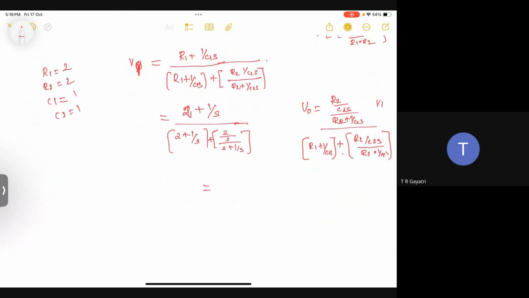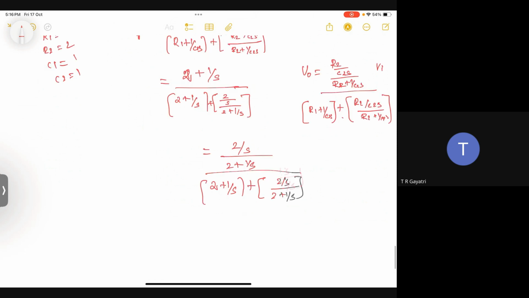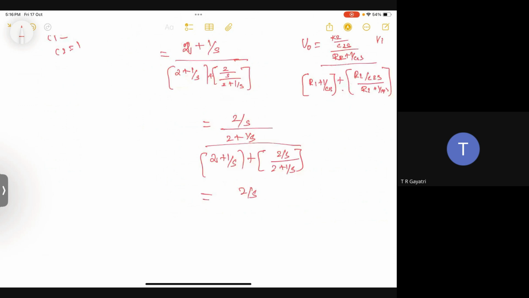Let's just substitute the value for R2 equal to 2 by S by 2 plus 1 by S divided by 2 plus 1 by S plus 2 by S divided by 2 plus 1 by S. Since C1, C2 are 1. So this will give me 2 by S by 2 plus 1 by S as it is. I'm not going to solve that. 2S plus 1